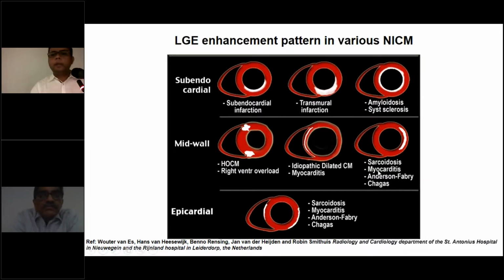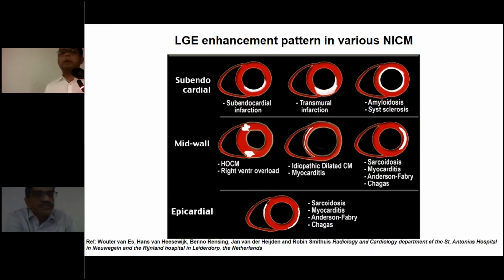For example, you can see here, in cases of sarcoidosis and myocarditis, you may see the presence of mid-wall enhancement in the lateral wall, as well as epicardial enhancement in the lateral as well as inferolateral wall, and epicardial enhancement along the RV side of the interventricular septum. So the information derived from the cardiac MRI needs to be read in a clinical context and in the light